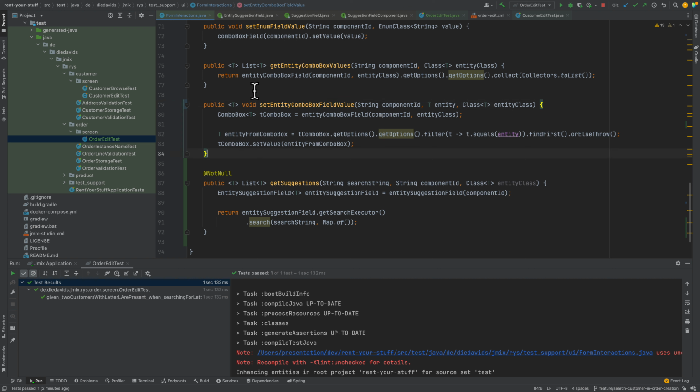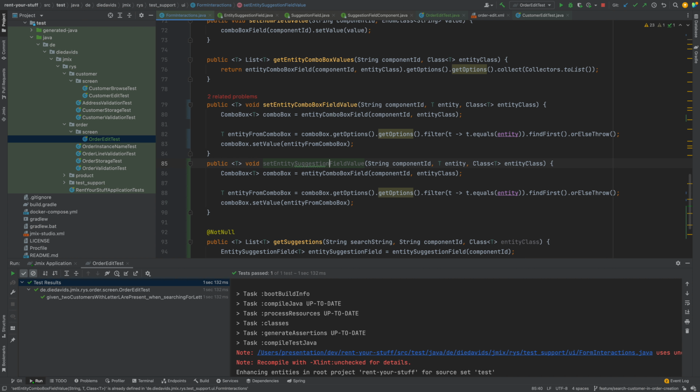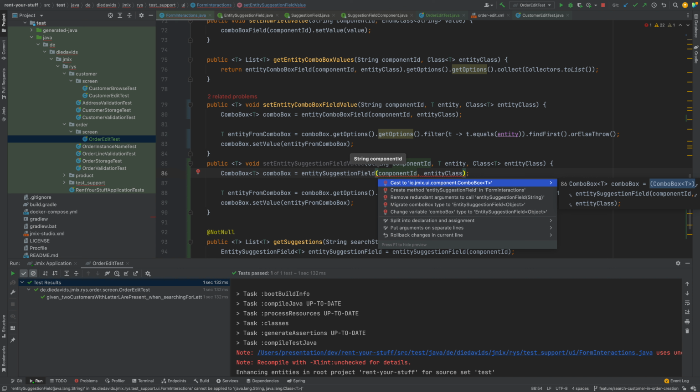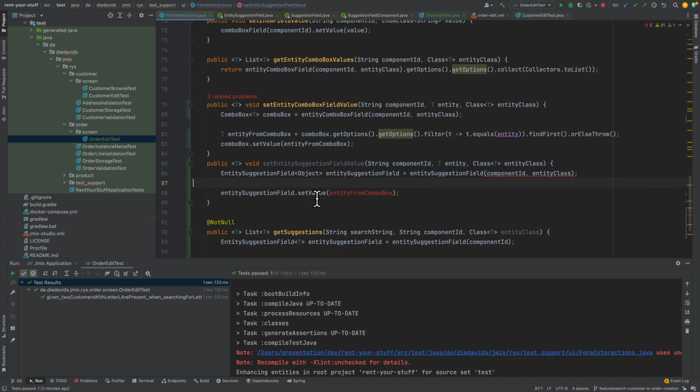So right now it wouldn't work because we would get a typing exception. Since we don't have a combo box at hand, what we can do is say set entity suggestion field value, and then we just use our new method entity suggestion field, and then we can change this variable. And here we would probably not use this mechanism to load from the options once again, but instead